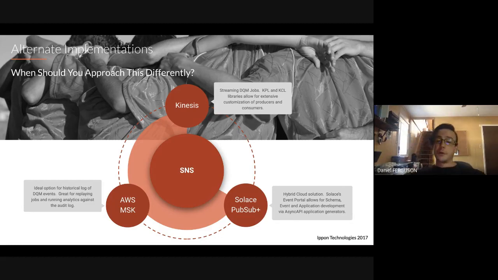So I mentioned at the very beginning that there's a bunch of different ways you can approach implementing a message bus for DQM specifically. Here I'm mentioning three alternatives to SNS, which is your simplest pub/sub topic subscription model. You can use Kinesis. Kinesis is great for streaming jobs.